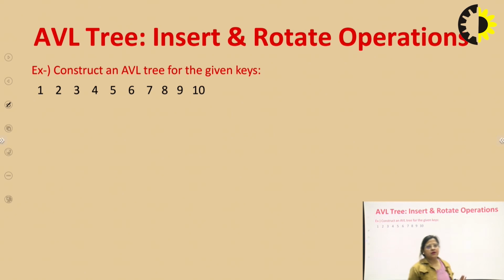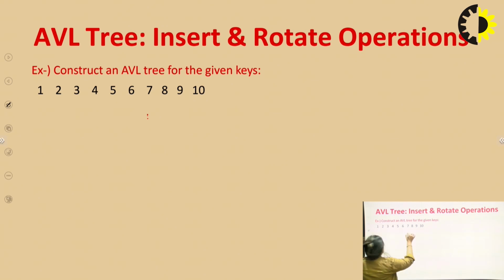Now create an AVL tree from the given numbers. Okay. So according to this, insert the nodes one by one as in a BST. But in each case, when you insert a node, check the balance factor. If your balance factor shows unbalanced, then you need to rotate. That means the types of rotations which I have discussed already in the previous slide. So let's start. Here you have some numbers and create an AVL tree.